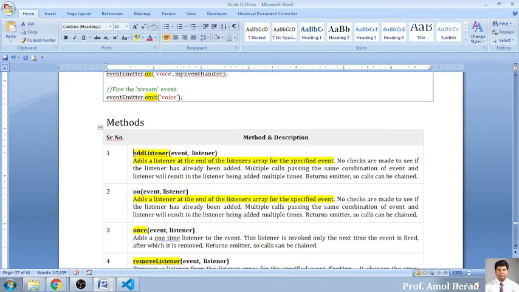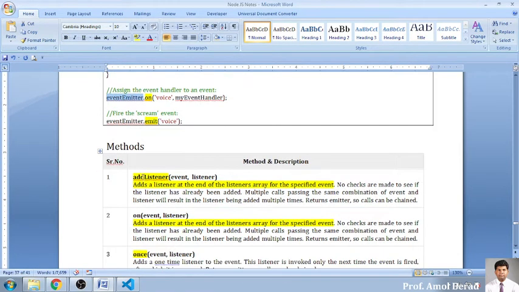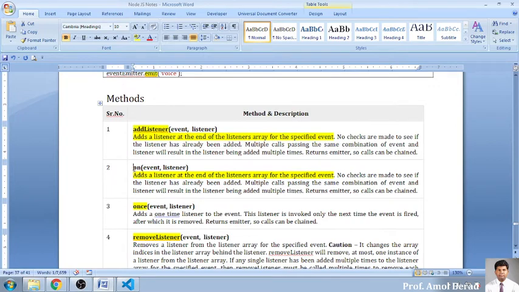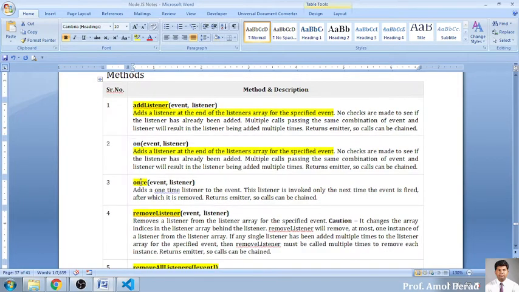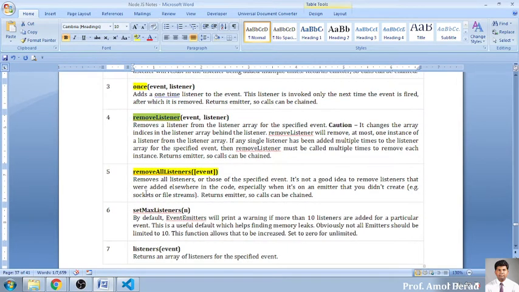These are the functions which can be used with this class object. We can addListener; on means we bind this listener; once means the event will be handled only once; removeListener removes a single listener, or removeAllListeners removes all listeners.